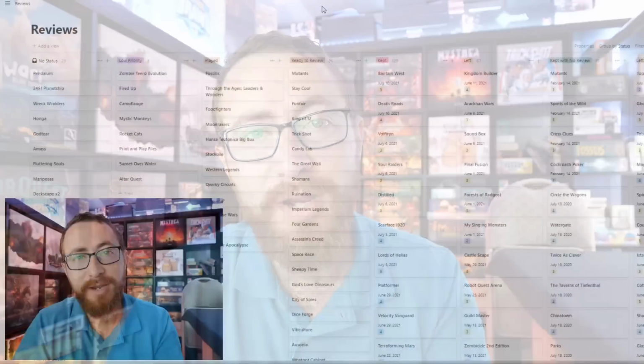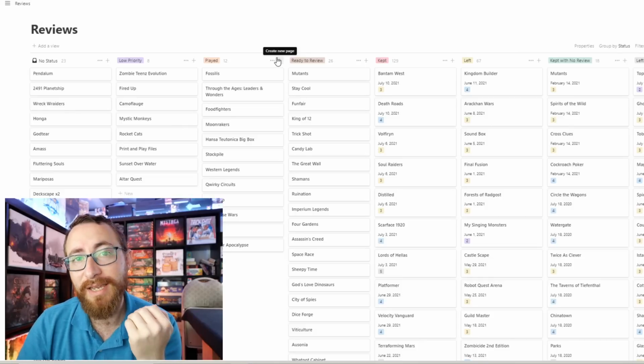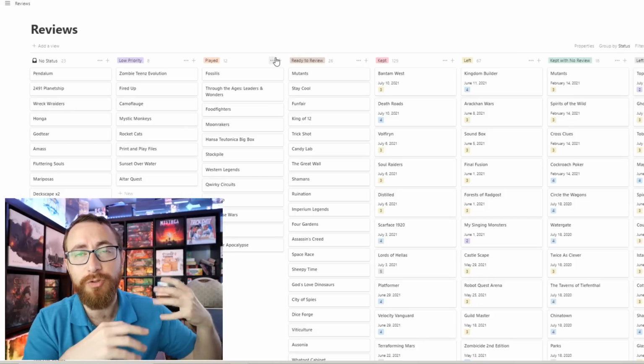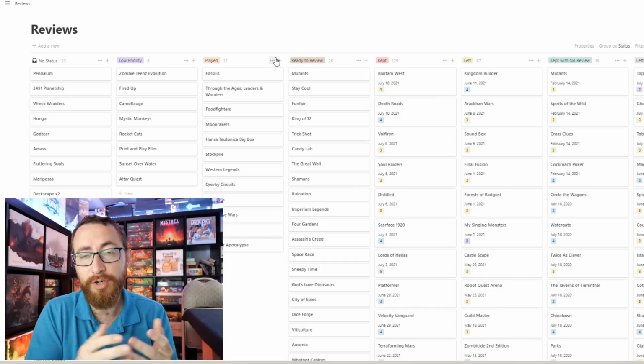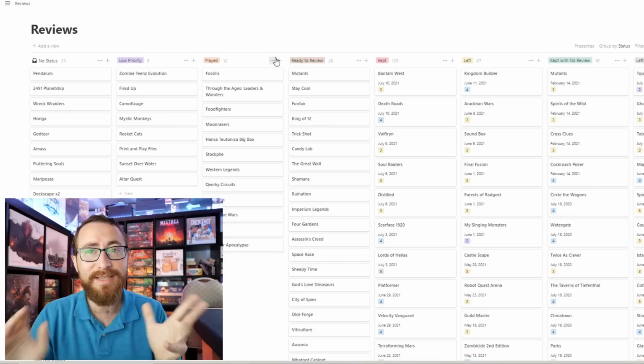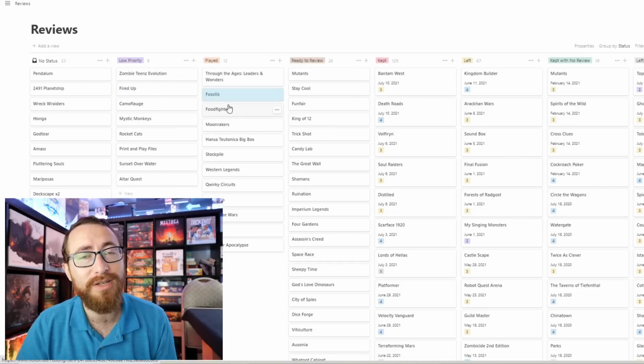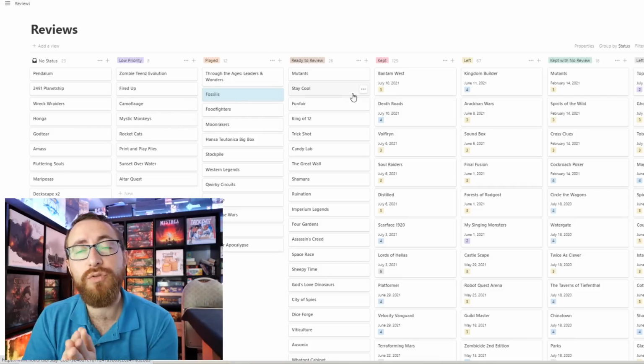So, to begin with, I'm talking about this over here. What you're looking at on the screen is a Notion board. Notion is a software similar to Trello. Trello is a software where you basically operate a Kanban board. Kanban, not the board game. Kanban is a style of board where you can basically move things back and forth from board to board like so. You can grab different things and move them to different boards,